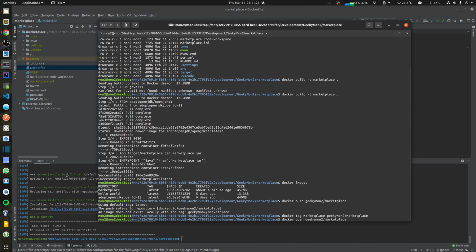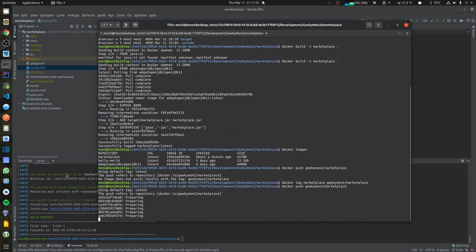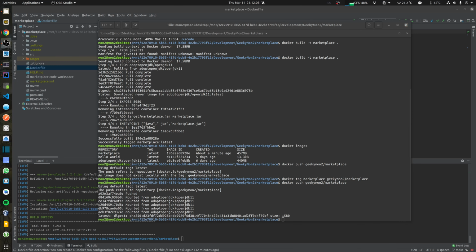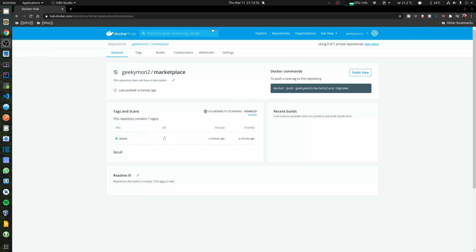And now I'm just going to run that push command again. And now you can see that the push has completed. And I have just gone back into Docker Hub and done a refresh, and I can see that the image is now pushed over here.